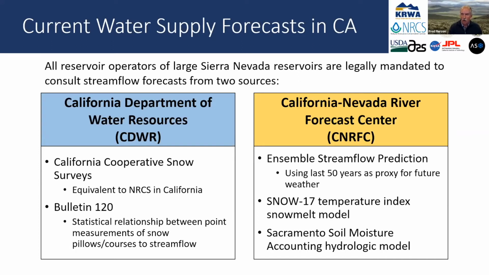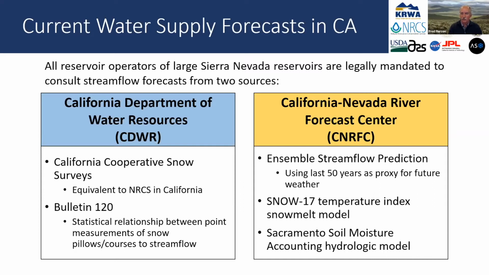The state law basically says they have to consider these 2 sources of information. The first one is the Bulletin 120 from the California Department of Water Resources, and that's, as I described earlier, built on so many points of measurement of what's incoming, which gives a statistical relationship to the streamflow that's leaving the basin. That's the traditional way things are forecasted, and they put out a formal forecast that must be managed against. And then the California and Nevada River Forecast Center puts out a more sophisticated modeling approach,